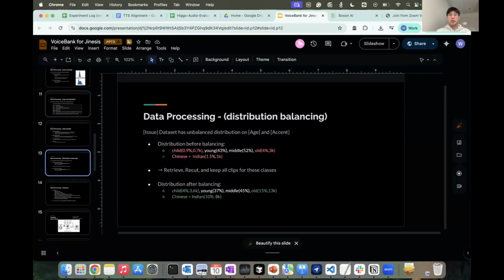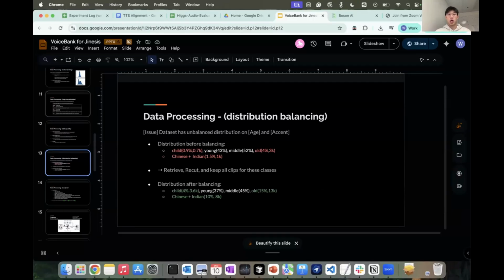And the final step is the distribution balancing, which in my point of view is the most important step. After all of the pre-processing, although the data set is already quite purified and has lots of data, it has an unbalanced distribution, especially on age and accent.